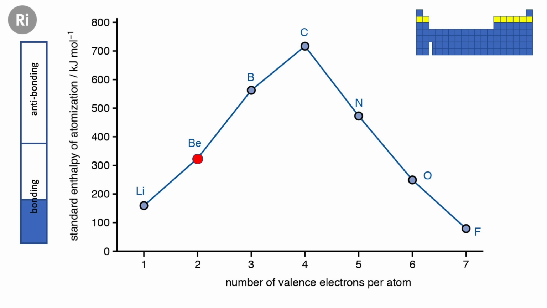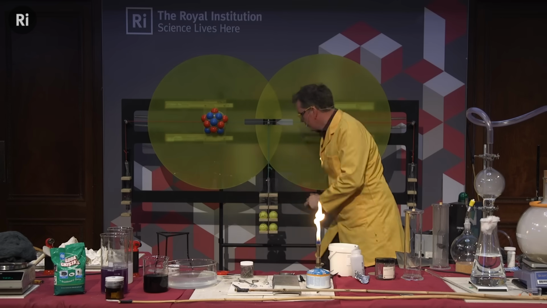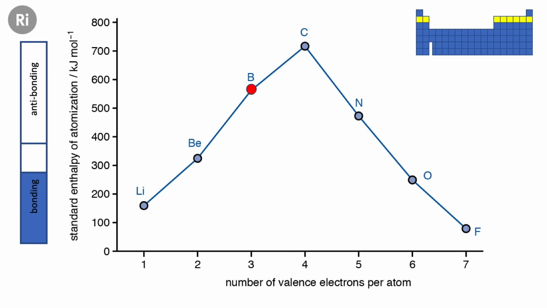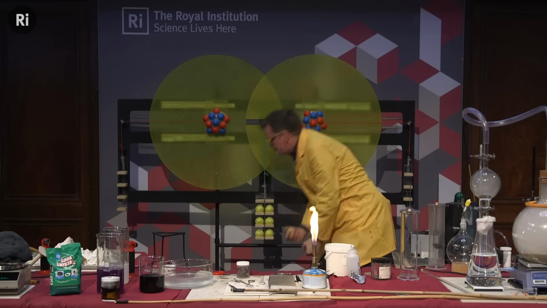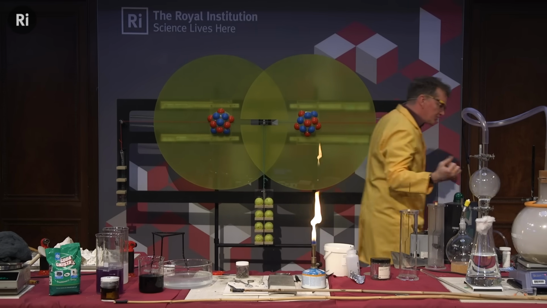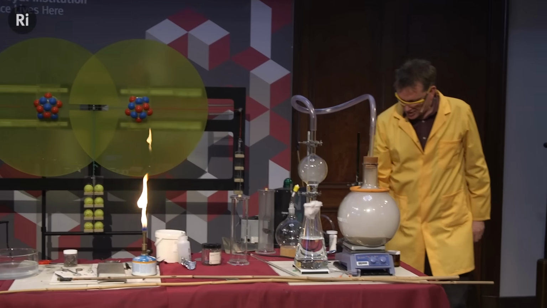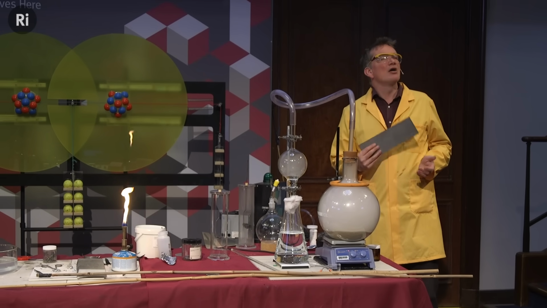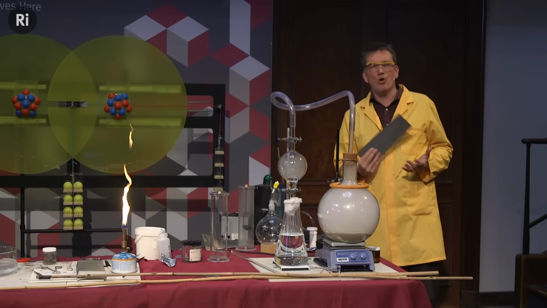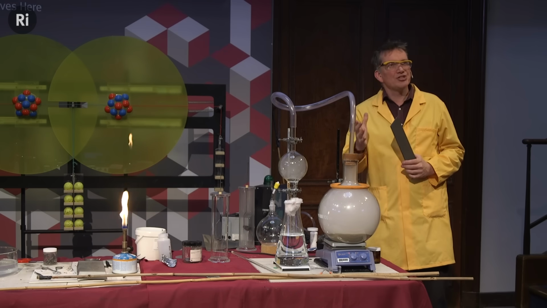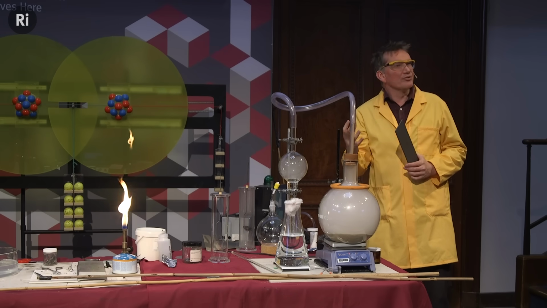If we keep on going, we come to boron, and we have 3 electrons per atom to form all our bonds. And this means the bonds are even stronger now. So we'd need more energy to separate the boron. And if we keep on going, we get to carbon, and carbon here, with 4 electrons per atom, forms really strong bonds. We would say that each carbon atom forms 4 bonds around it to the other atoms that are near it. So this is a form of carbon. This is actually graphite. And it turns out that carbon has the highest boiling point and melting point of all of the elements, with perhaps one exception. So this is because it has just the right number of electrons to form really good bonds with its neighboring